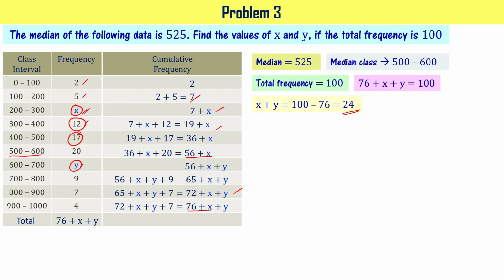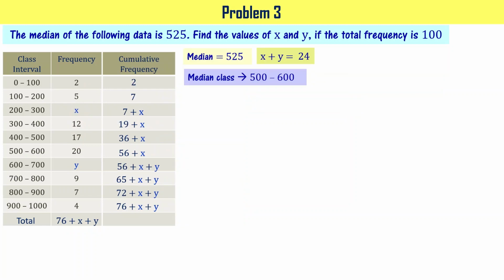You remember I said earlier, this number has to match exactly with the total frequency given in the problem. So the sum of sigma fi has to be equal to the final cumulative frequency. Please note this, right? Now let's take a note of that. And we know median is defined as L plus n by 2 minus CF divided by f times h, right?